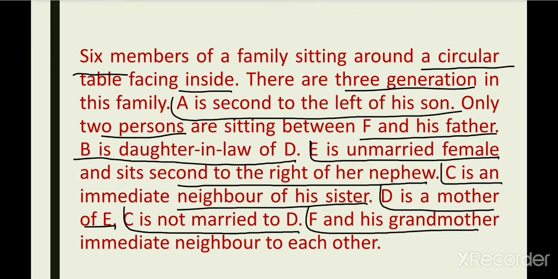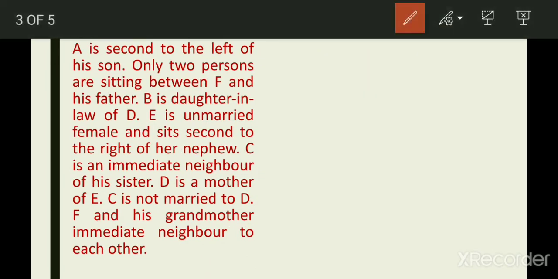After reading the conditions, we can solve this question in 2 parts. At first, you can solve the sitting arrangement portion, and along with it, the blood relation portion. But in this question, I will do the blood relation part first, since the conditions are such that we can solve them first.